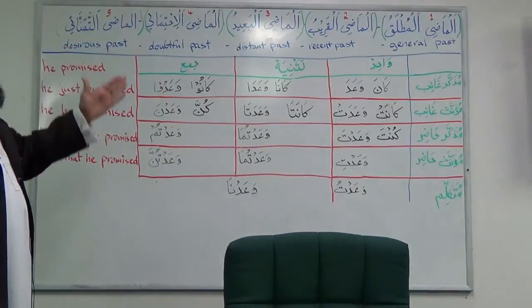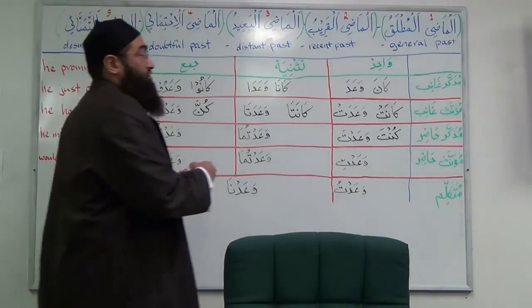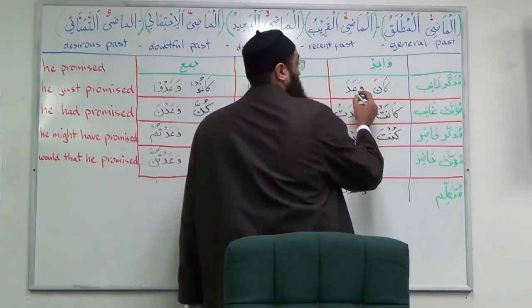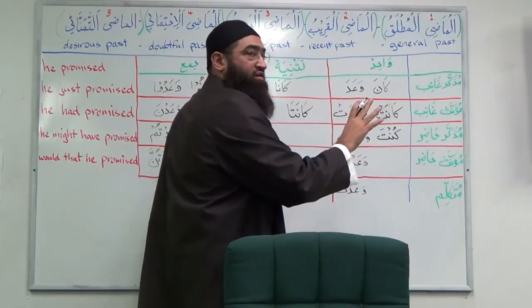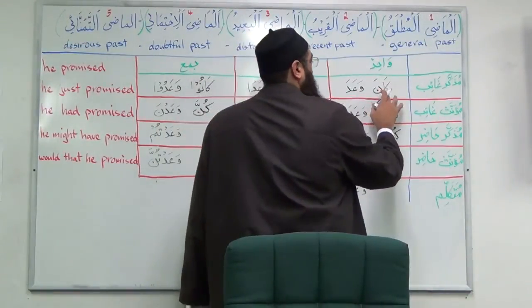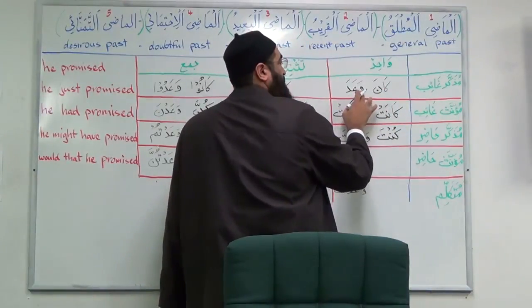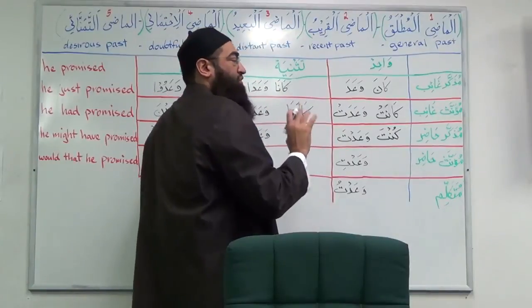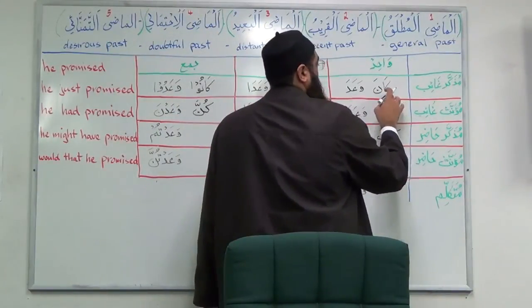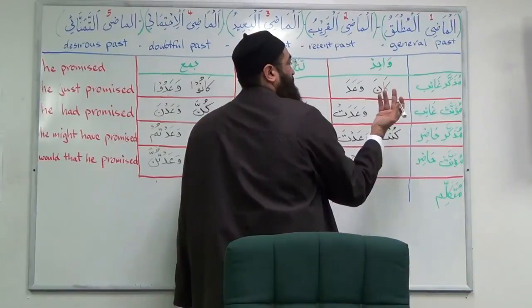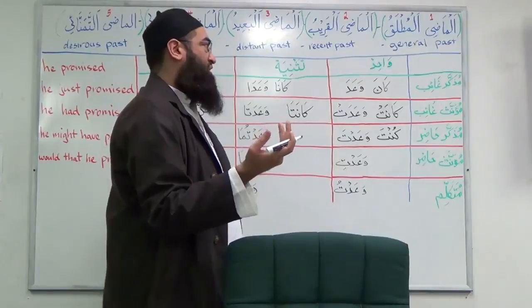So, kana, actually, it's different than wa'ada, what we have learned so far, right? So what are the root letters of this word? They are waw, ayn, and dal from wa'da. So what are the root letters of kaf and noon? Alright, so you got a kaf and an alif and a noon.